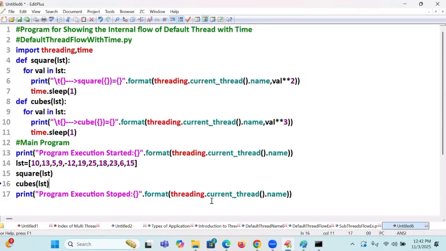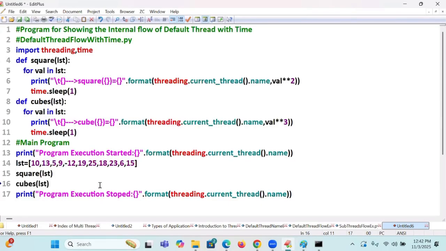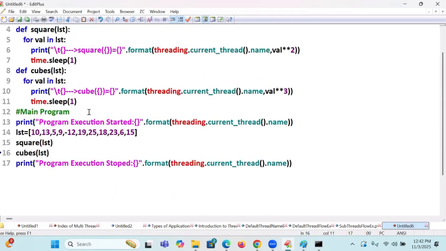Now I'm going to show, try to follow it carefully. Execute. Now this execution time I want to measure. How much time will the main thread take to execute? How do you measure the time complexity in Python? That is, how do you measure the time complexity in our programming, DSA algorithms and all? In Python, I want to tell. Others, I don't know whether you know it or not.